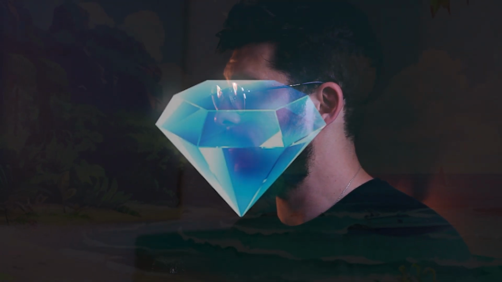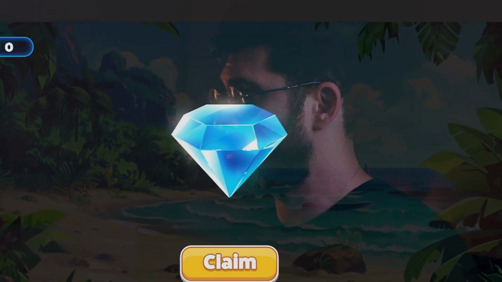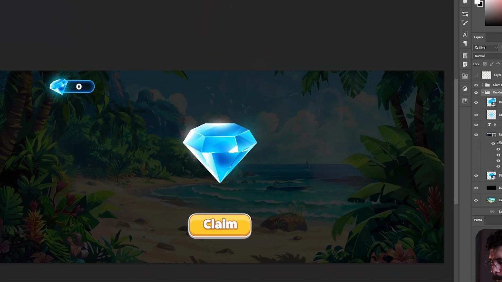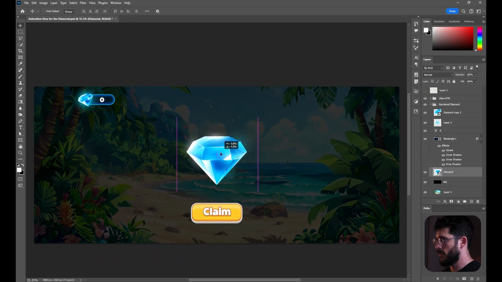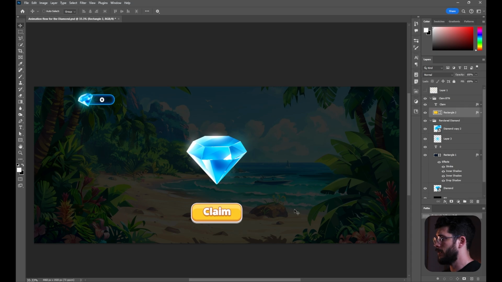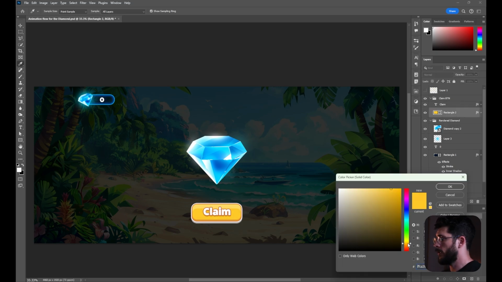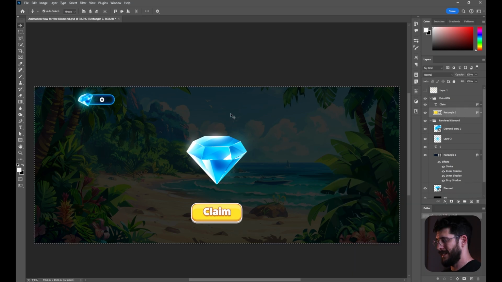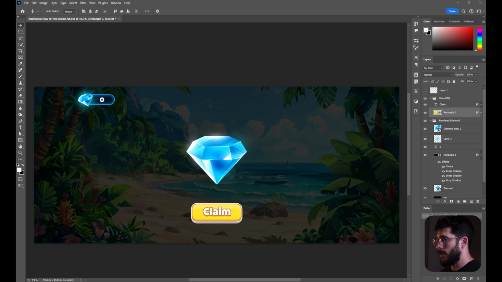Here is the image. And I immediately noticed that the color for the button should be a bit brighter because it's too orangey right now. And also this diamond can be a bit lower. Let's do this little adjustment for a second. Put this diamond lower and make this color a bit brighter. So something like this. Let's send it again. So now I'm 100% certain of what I'm doing and how it should look,